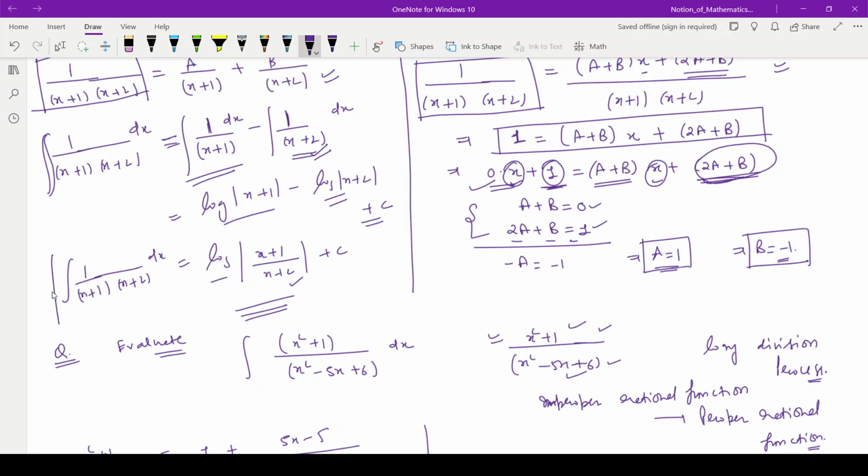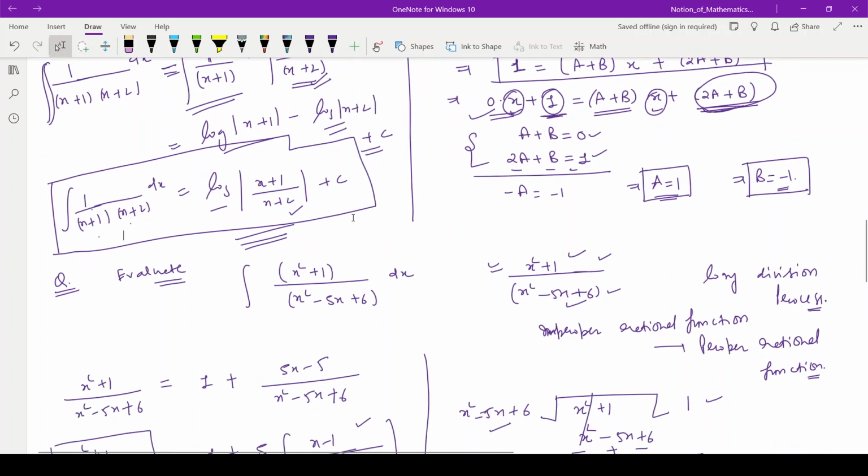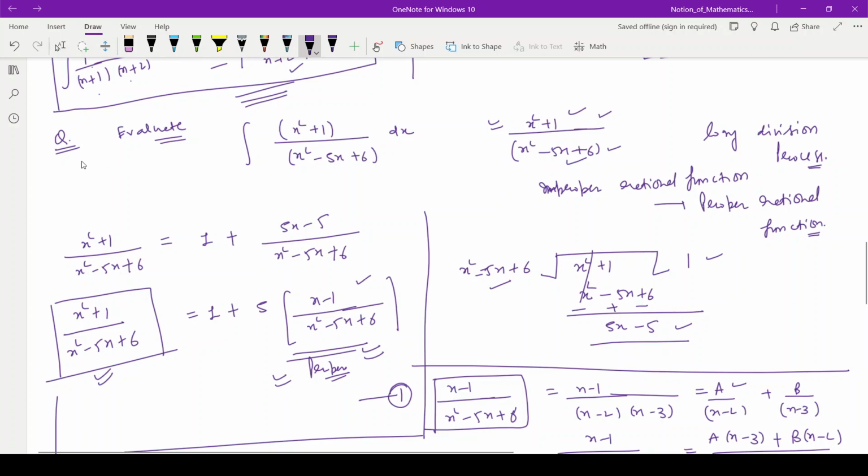of integration, and it was the actual final value of the integration of 1 upon x plus 1, x plus 2, with respect to x. So in such a way we have dealt with this particular question. Now students, thereafter one more example I have solved here, but in this example, as you can see, the function